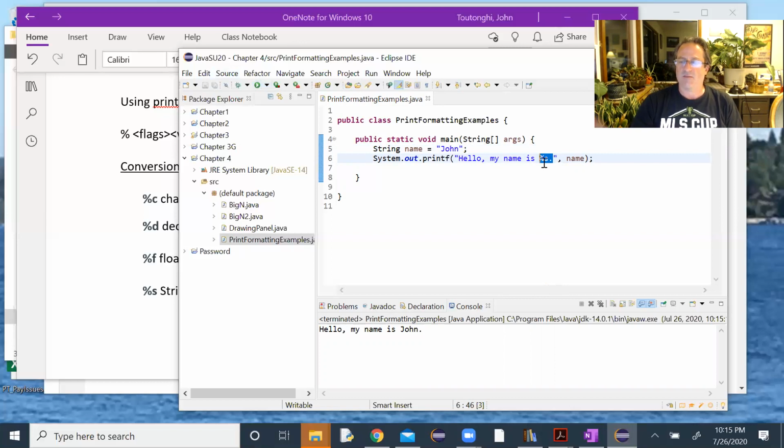The advantage is that I don't have to use string concatenation. I could put a space after the word is, finish the quote, use a plus sign to add strings, add the name in the middle, and use another plus sign after the name to put the period on the end. But this is just a more concise way to do it. Or, if you had several names,